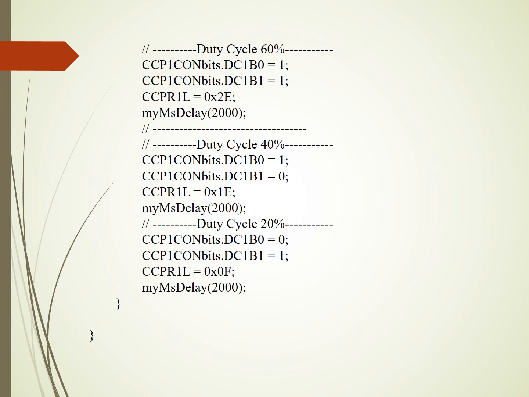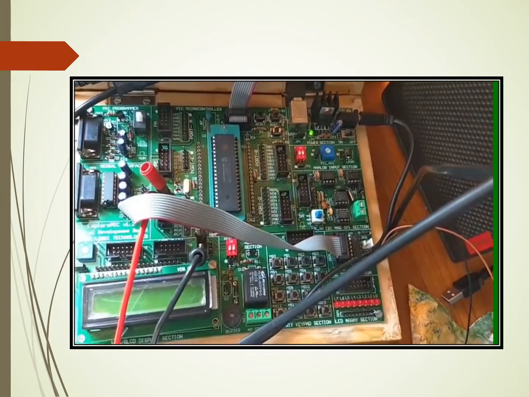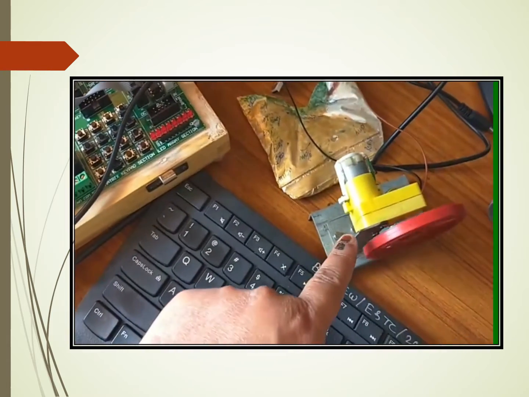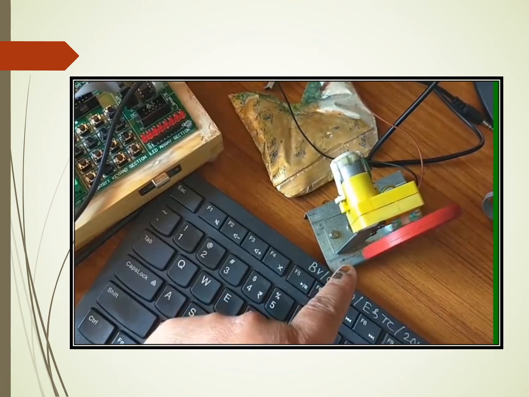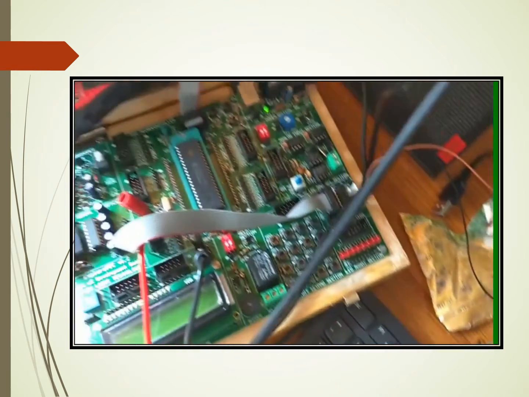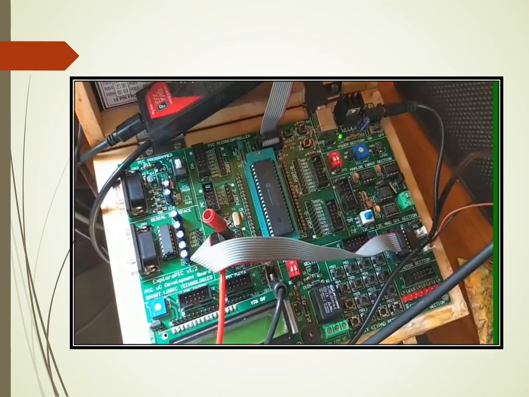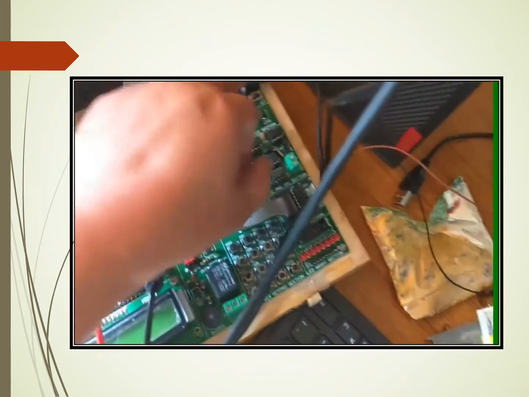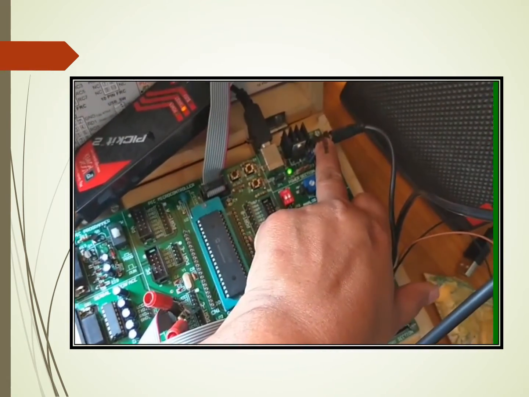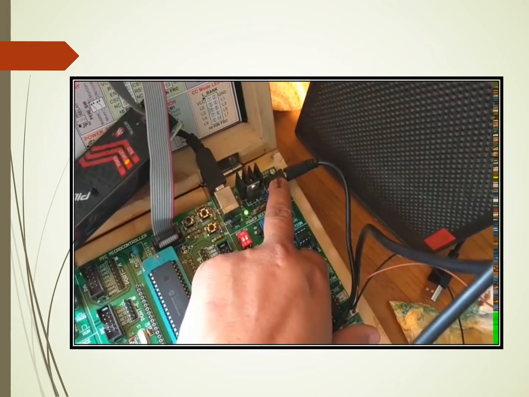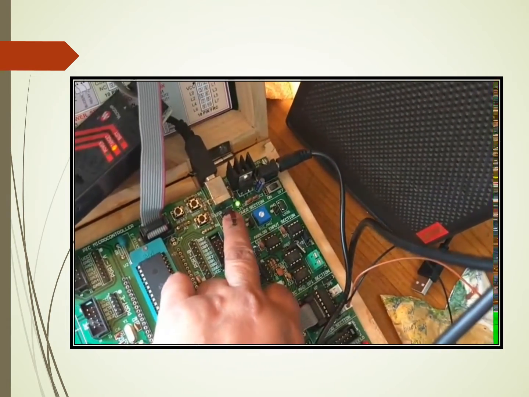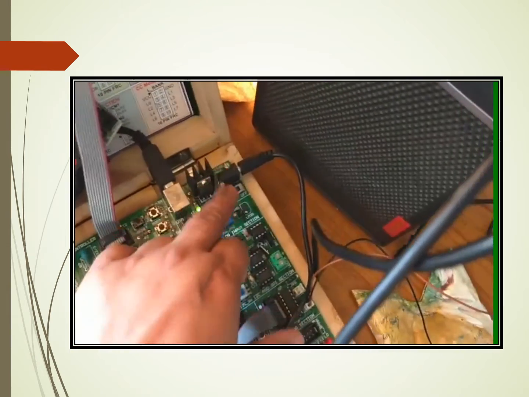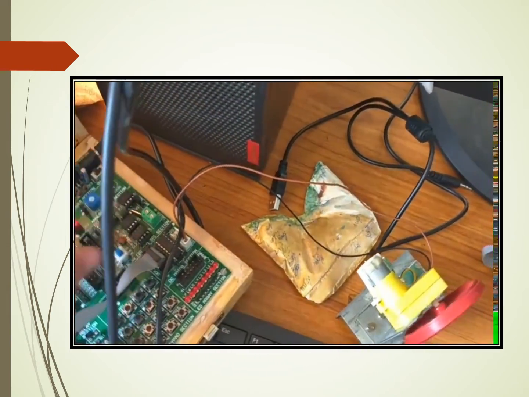This is our code. In the next slide you will see a video of the output. Thank you. The practical of the DC motor. This is your DC motor that is going to be operated using PWM. Here we are going to operate different PWM widths, that is 80%, 60%, 40% and 20%. To drive a DC motor, we need a 12 volt power supply. So we have connected a 12 volt power supply, and the DC motor is connected to it.